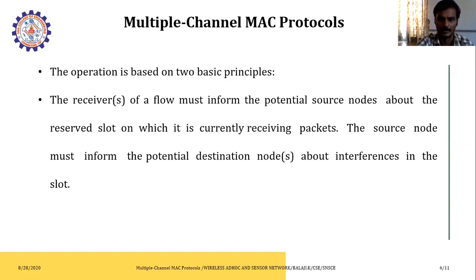Similarly, the receiver has to identify which is the potential source node for receiving the data. So these are 2 things the receiver has to clearly define and the sender has to clearly define. Without that, if you are sending and receiving the data, there may not be an effective way of transferring data, and there is a possibility of data loss.